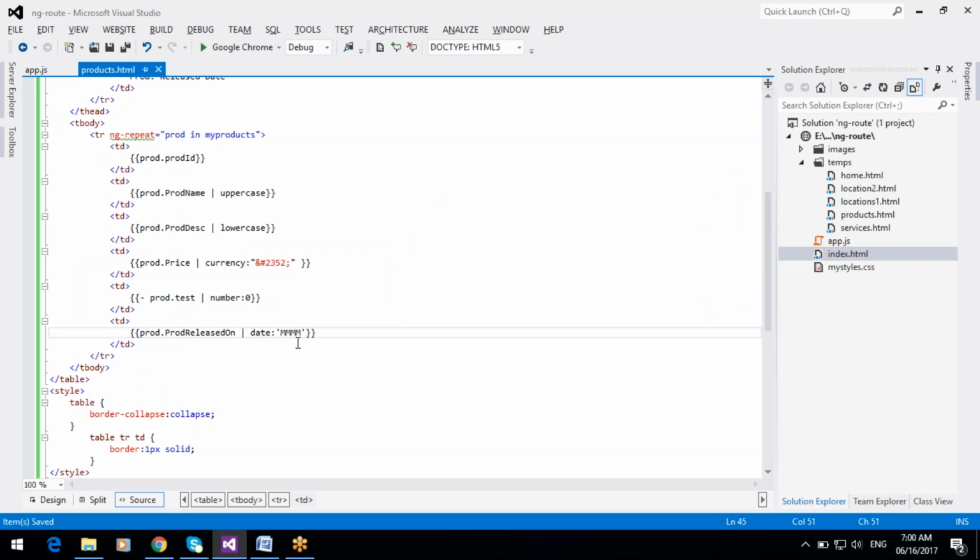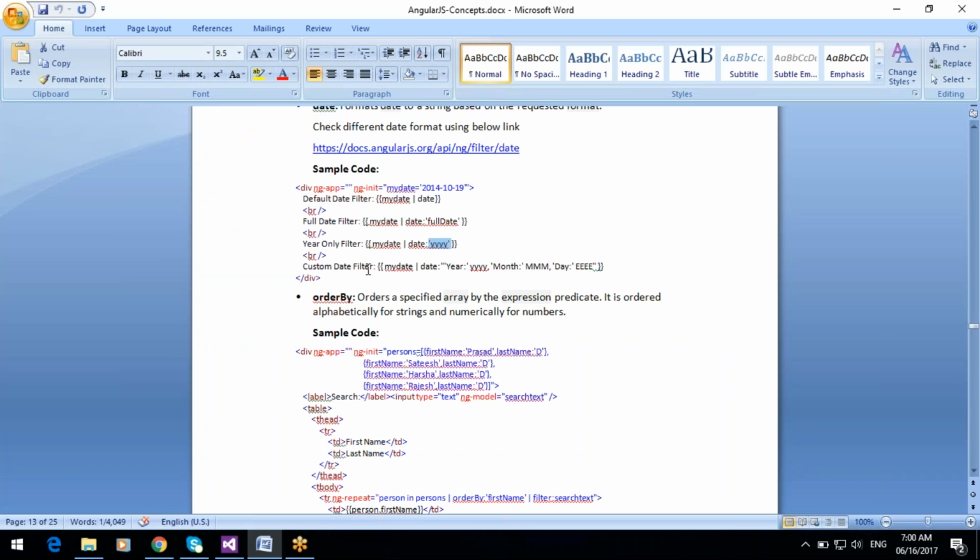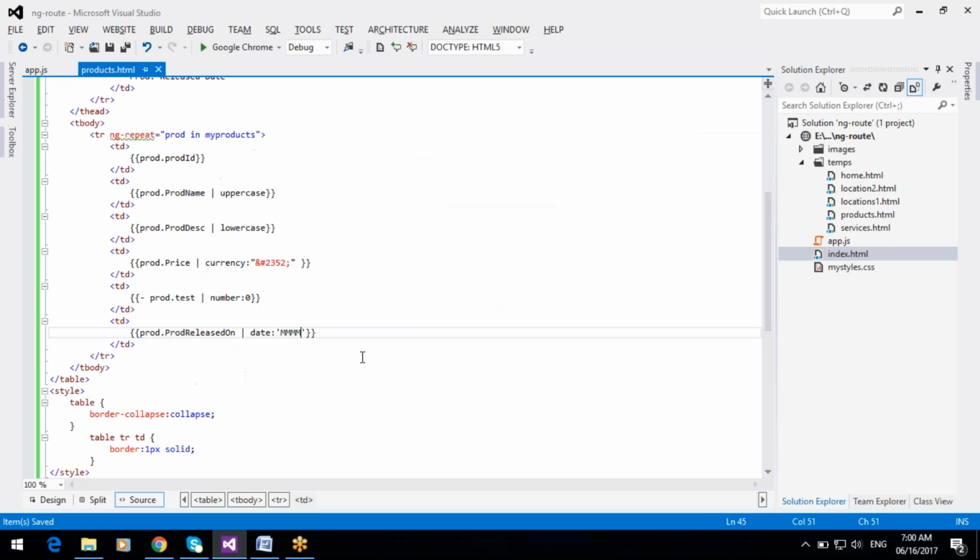And if you want to apply a custom date filter, you can use this filter. Year and month, and a day.